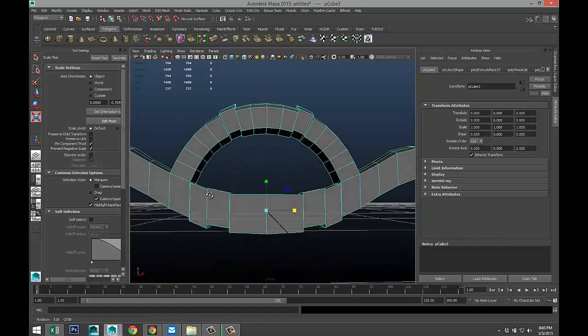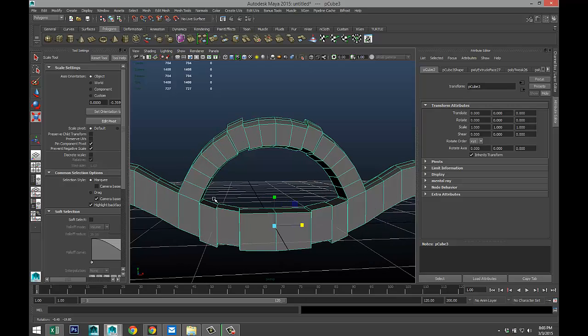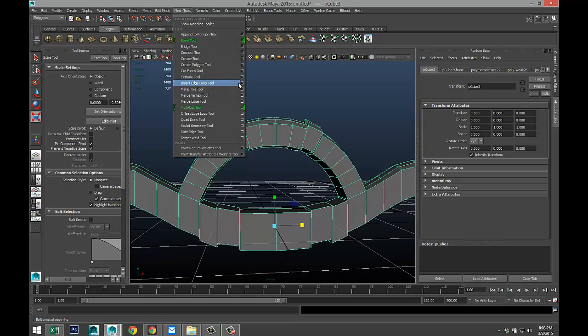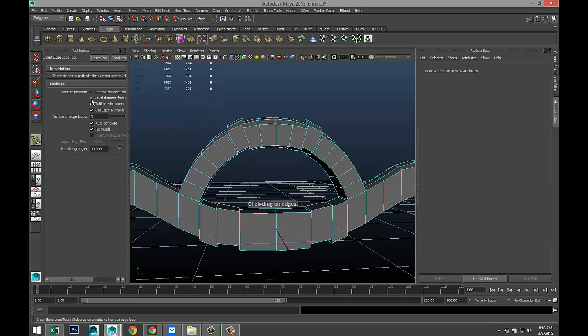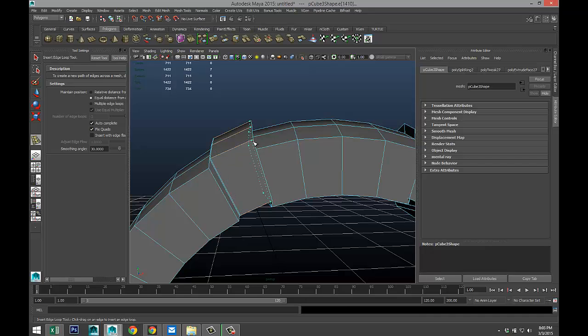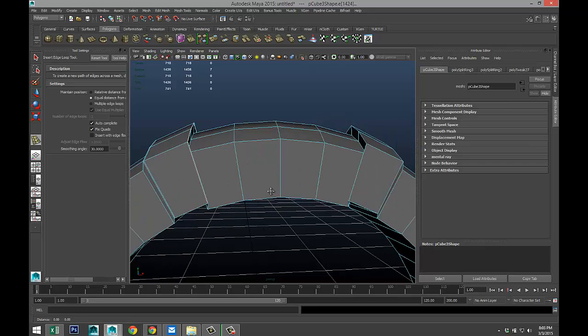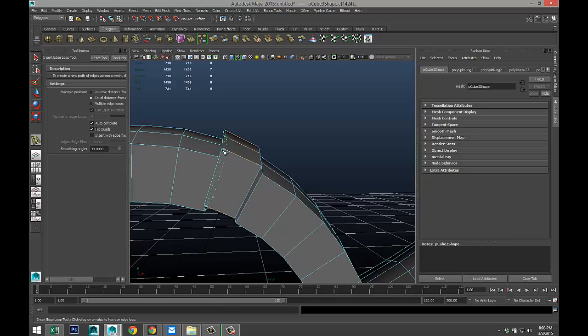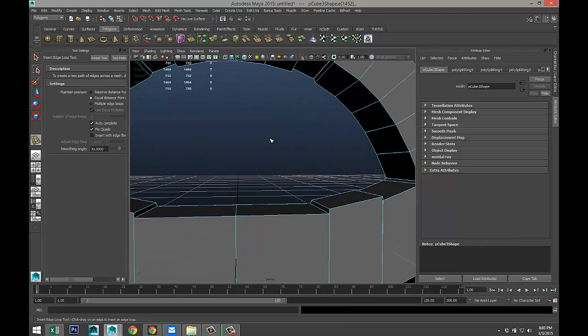And what I'm going to do is I'm going to add some edge loops to hold that shape. Okay, so we're going to go to Mesh Tools, Insert Edge Loop Tool, Option Box, Regular Setting, and I'm going to add an edge loop right there, right there. And I just want that shape to be a little bit sharper.